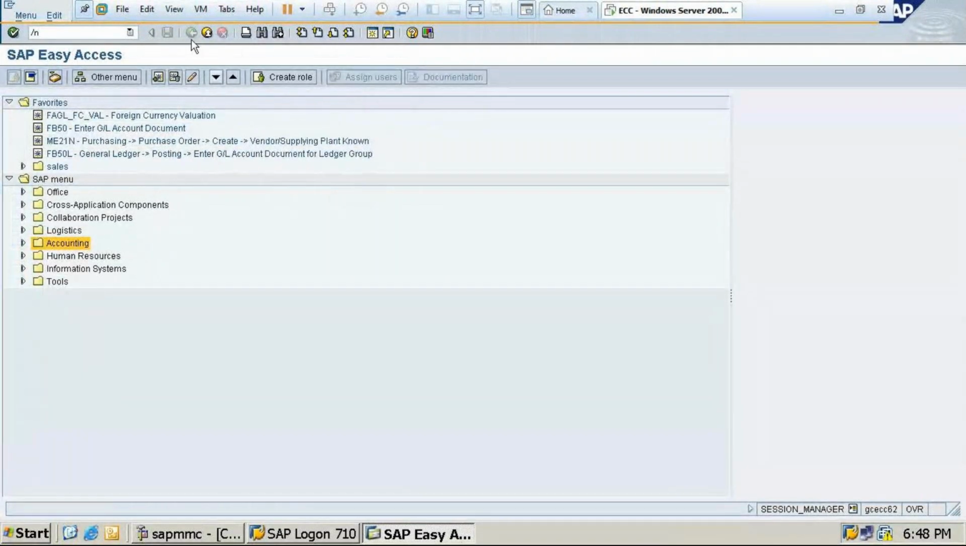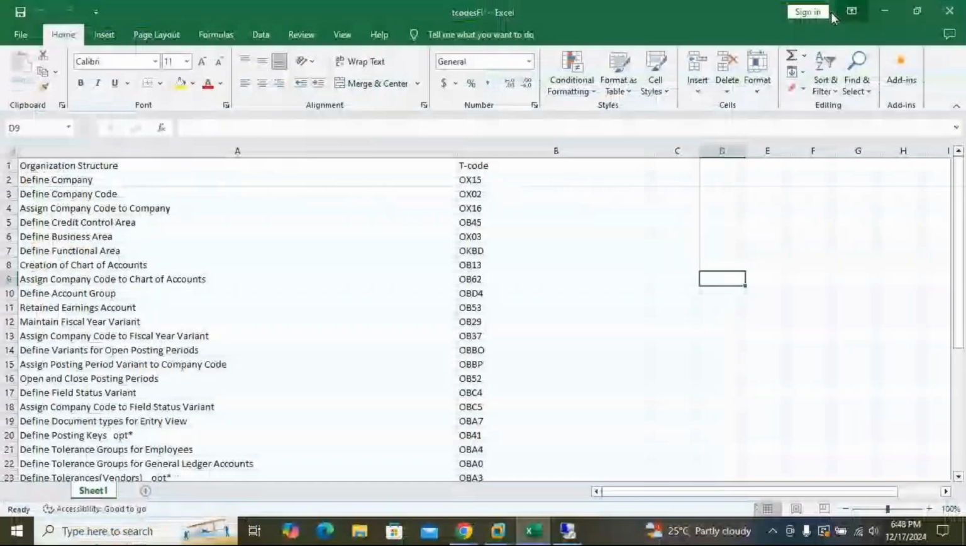I will show you one thing. Whatever we are creating now, the T codes are getting saved in the T code bar. Once you do it, it will be saved there. Whenever you want, you can use that one. You need to remember that. That's all. Next is